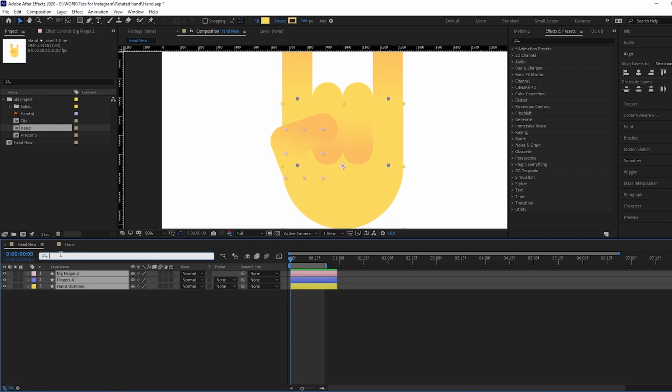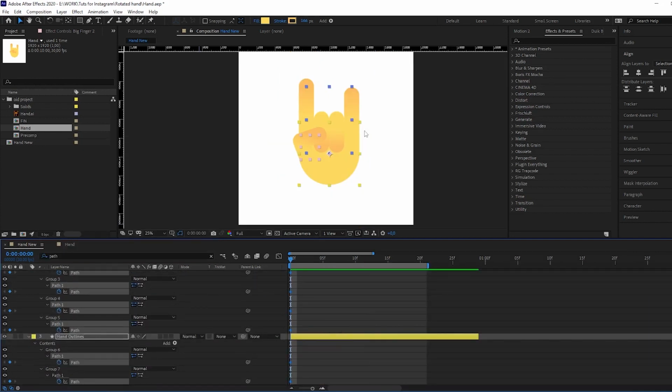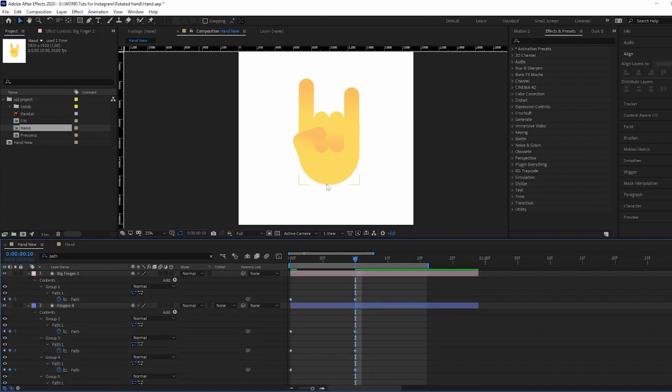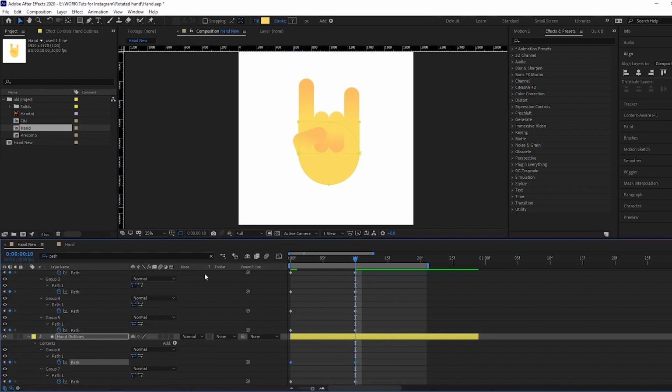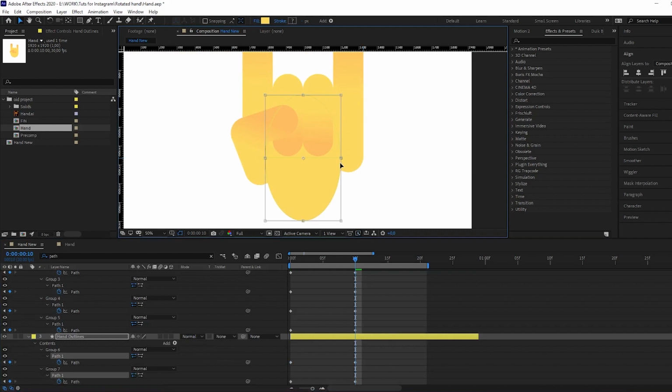Let's select the path for the shapes. Okay, cool, and add keyframes. Here's the first pose of the palm, and in 10 frames I will set one more keyframe, here. And let's animate the path, just trying to imagine how these hands will look from the side view. So probably it should be a bit squashed,